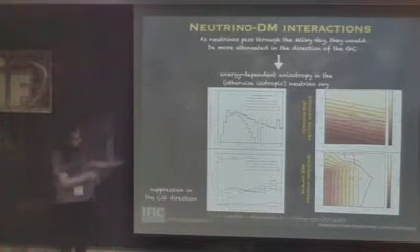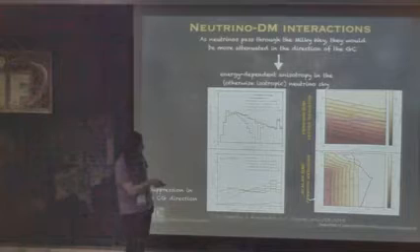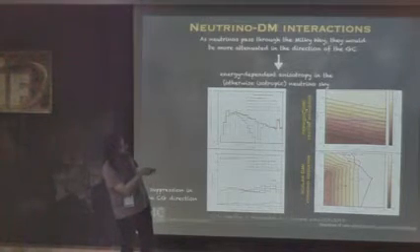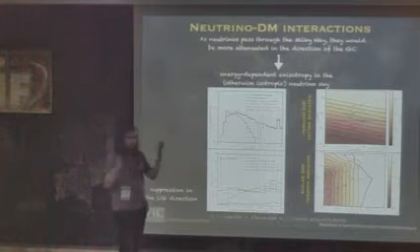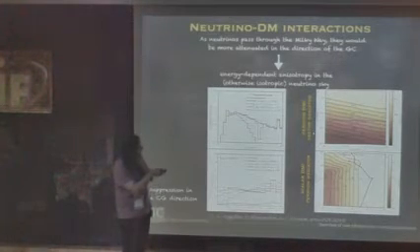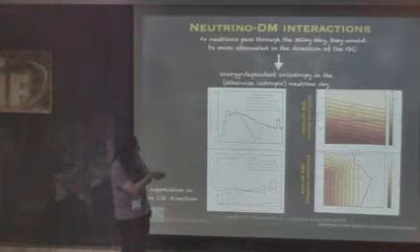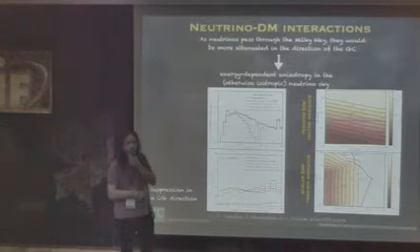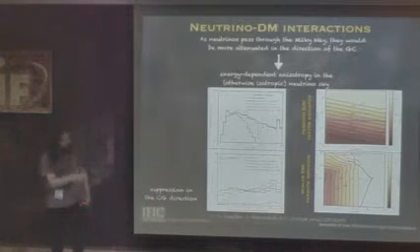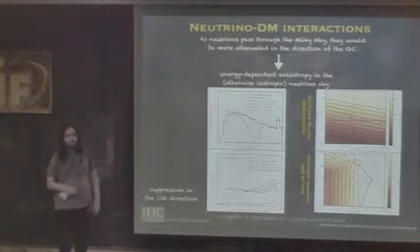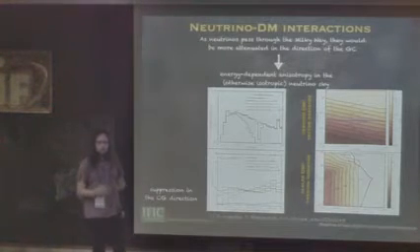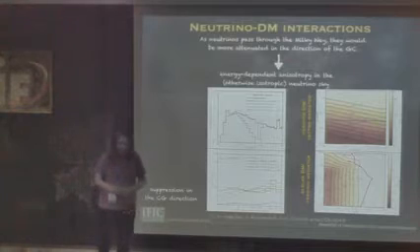So by doing this, you can set bounds on different types of interaction, like scalar dark matter, fermion mediator, fermion dark matter, vector mediator, different classes, and you can constrain the parameter space, which is the mass of the mediator, the mass of the dark matter, and in color is the coupling of this kind of interaction. I don't want to get into the details, just to show you that IceCube can be complementary to other types of searches, like cosmological searches, for instance using